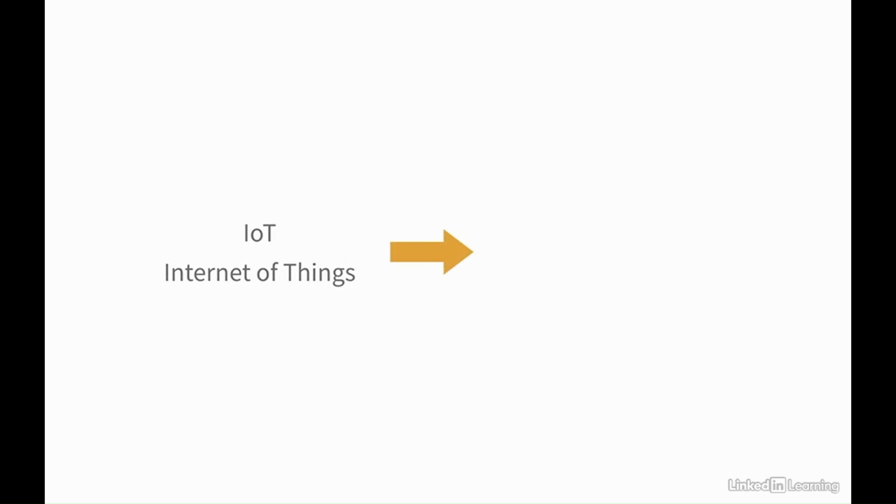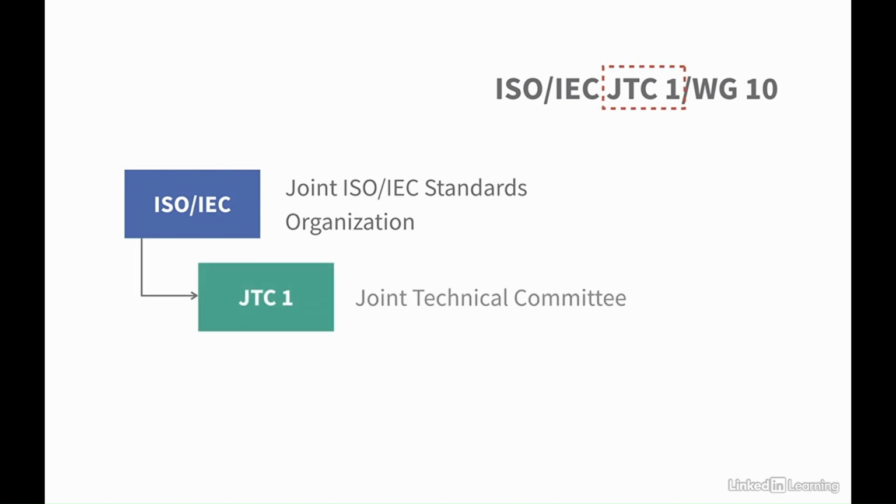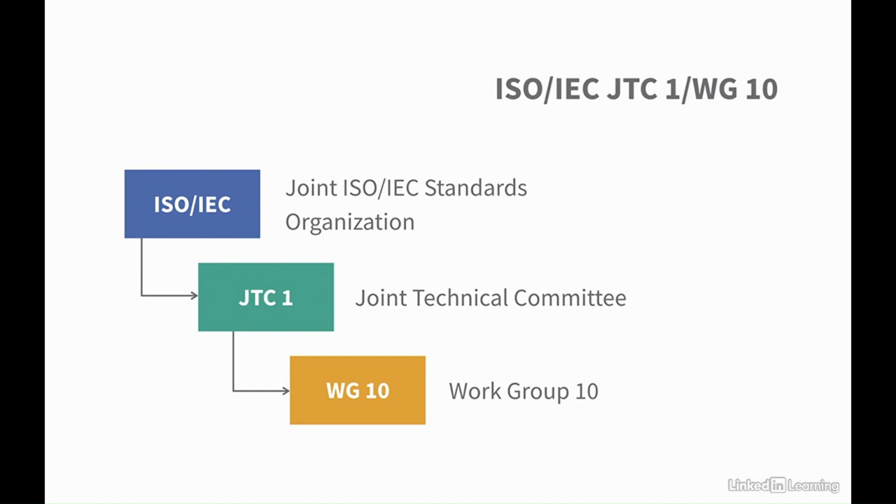The standard name that deals with Internet of Things within ISO organization is ISO/IEC JTC1/WG10. The name explains the standardization hierarchy. ISO/IEC, the joint organizations, JTC1, Joint Technical Committee, WG10, Working Group 10, which is basically the team working on IoT standardization. Another example is the standardization that deals with